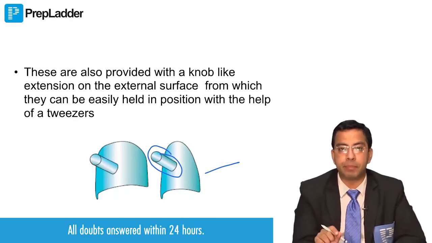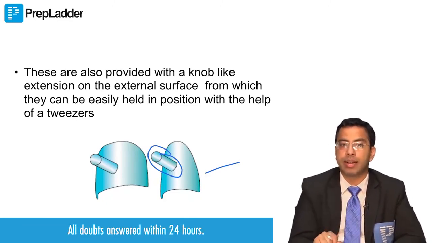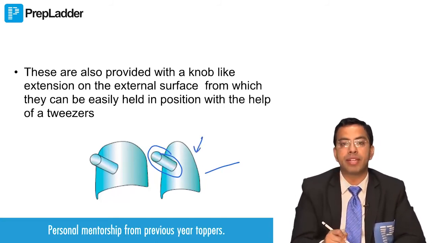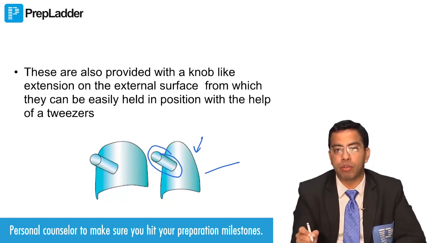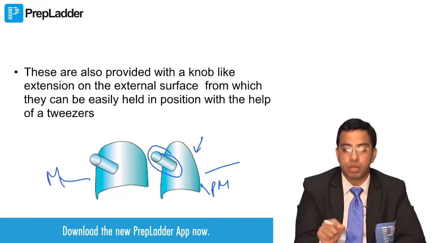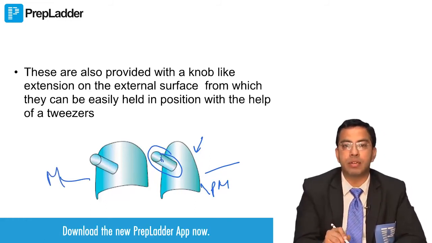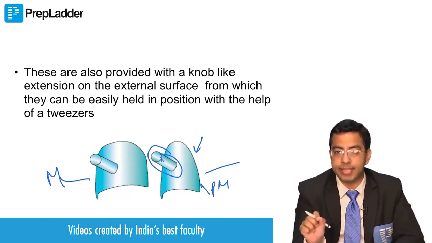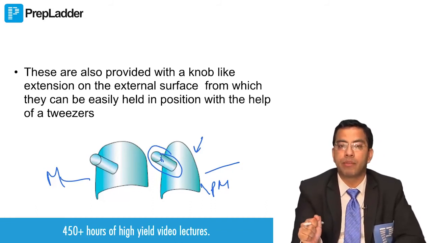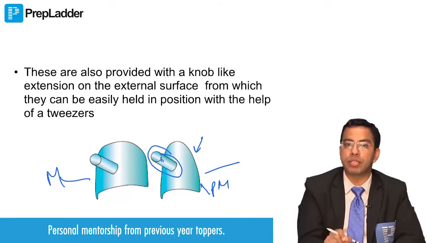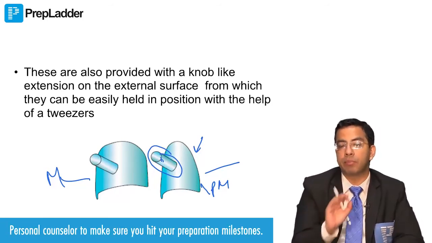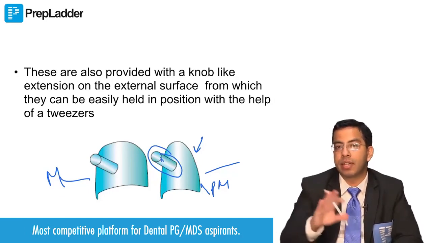So, you place the restorative material on the class 5 area, then you just choose the matrix depending upon which tooth it is, whether it is a premolar or whether it is a molar, like this one is for the premolar and this one is for the molar. You hold it from here with the tweezer from the knob and then you just place it onto the tooth surface and then you cure your composite. Once your composite is cured, then you just remove this band and cure your composite once again, and automatically, because of the placement of this matrix, the composite takes a nice contour.